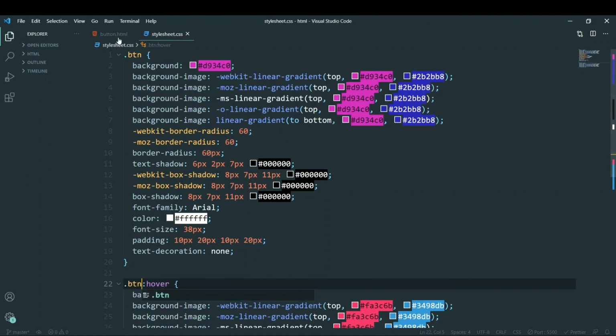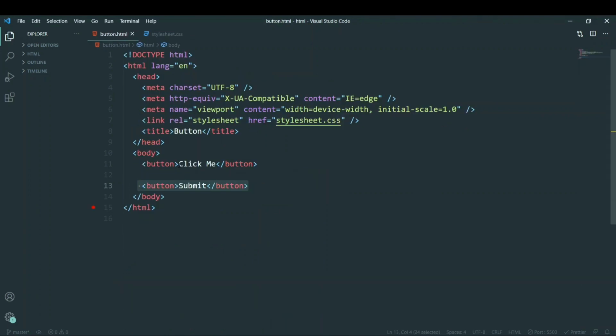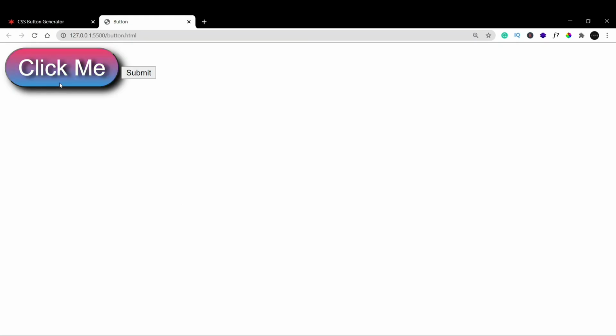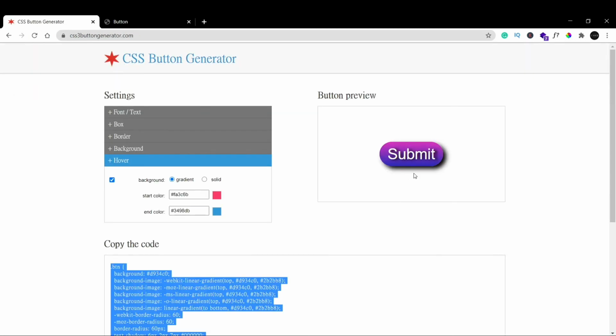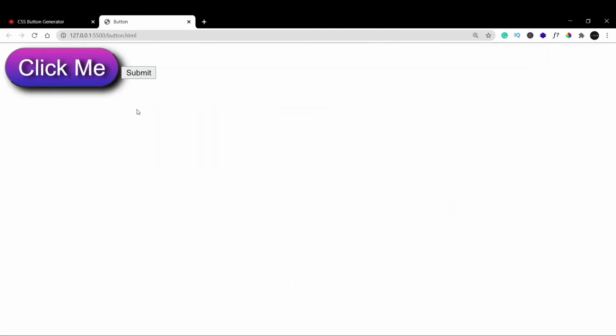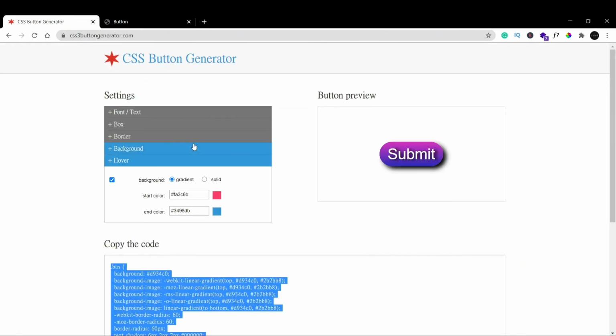And .btn here, and whichever class we want this button to go to, we'll just add a class of btn here and save it. Now if you check, this button looks whatever we wanted it to be, and this is just a normal plain old button. Okay, there are many amazing tools out there that can do this, but this is one of my favorites that I use sometimes to create a few buttons, and which you can also use.